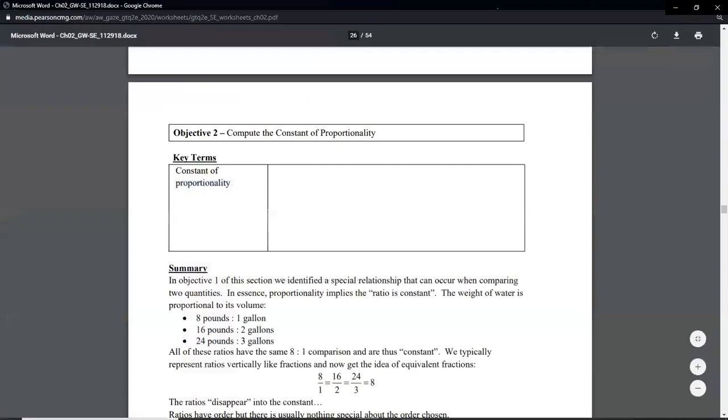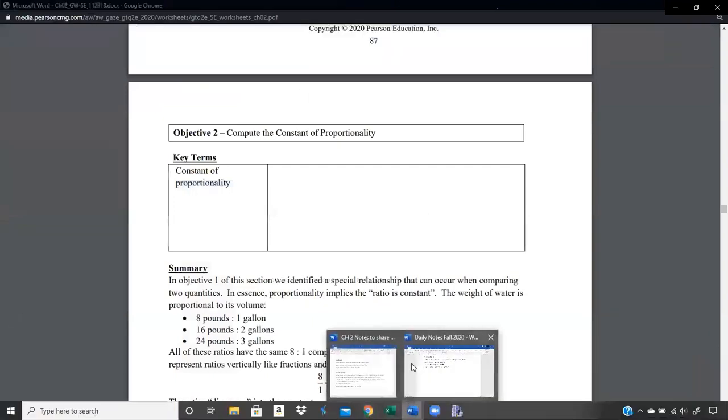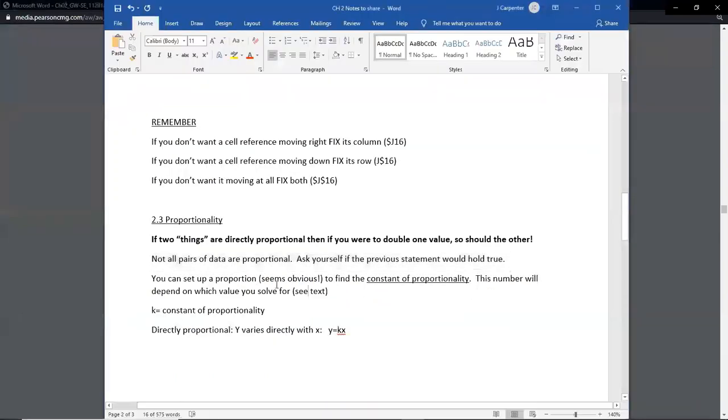All right. So back to our notes. So again, if one thing doubles, the other thing doubles, that's direct proportionality. But we're going to study other types of proportionality besides direct. But let's focus on direct for now. You can set up a proportion to find the constant of proportionality. This constant of proportionality,